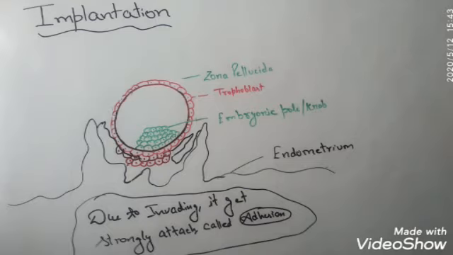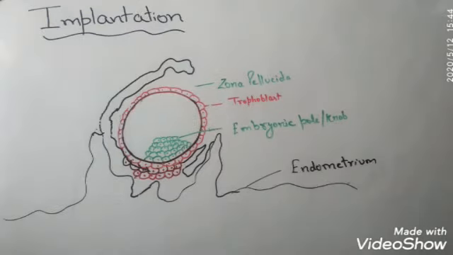Now simultaneously the uterus lining again proliferates and keeps on moving toward the upper side of the blastocyst so that the entire blastocyst gets engulfed within the endometrium lining of the uterus. As you can see from the figure, the endometrium lining rises up to such an extent that it is going to engulf the blastocyst.